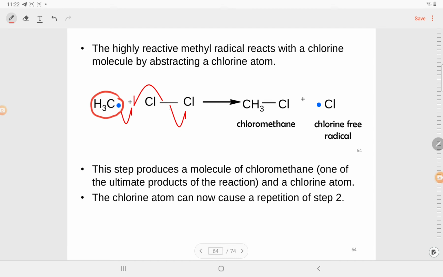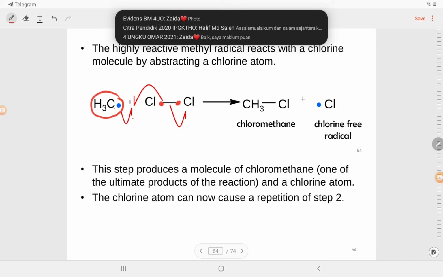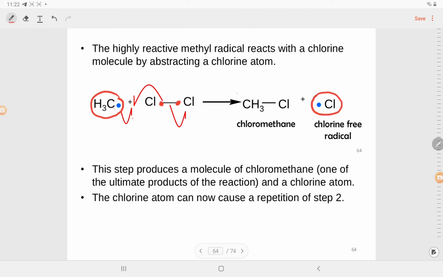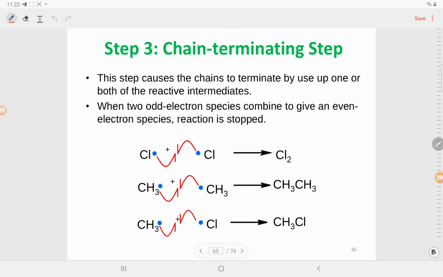So, what happened? It reacted with another chlorine molecule. One electron from the chlorine combines covalently with the carbon free radical, and this chlorine free radical becomes our leaving group. So this is the formation of the haloalkane as our product. When the product is formed at the propagation step, we can proceed to the final step, which is